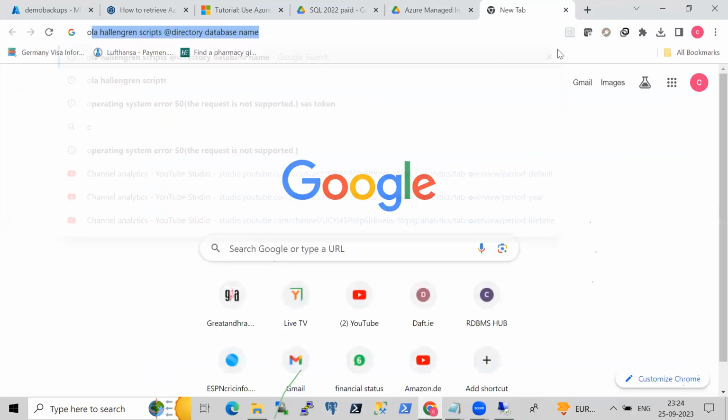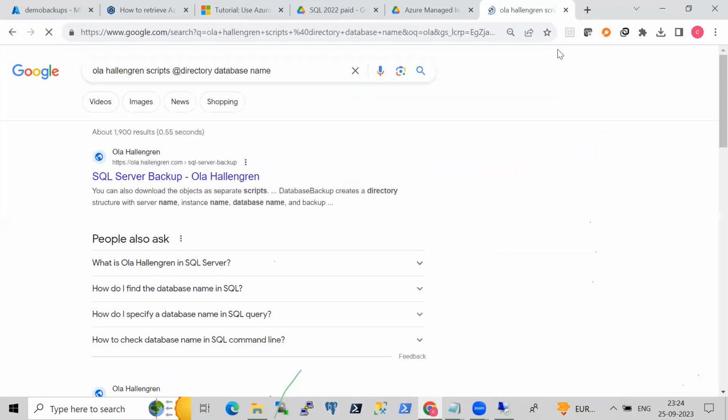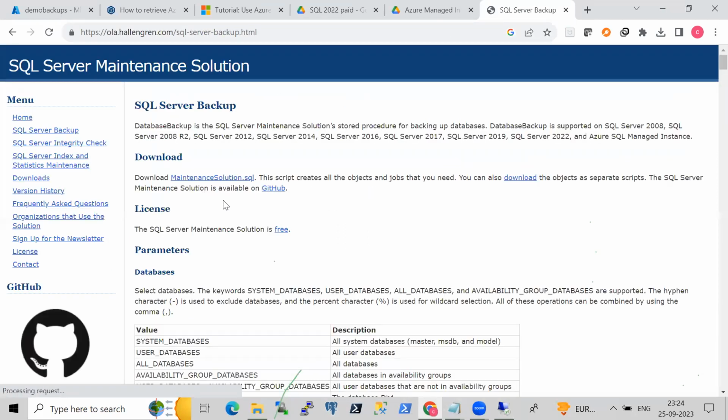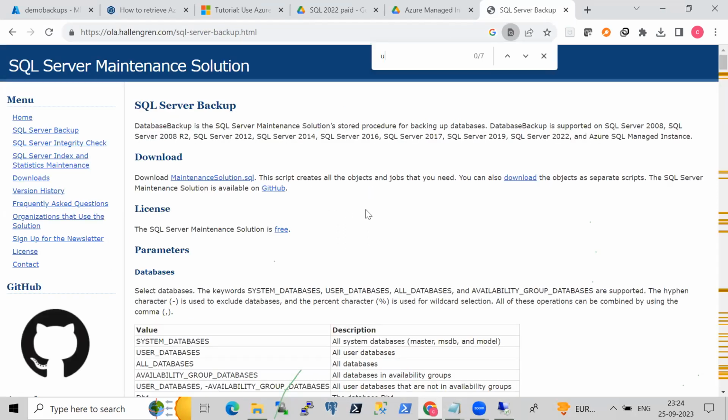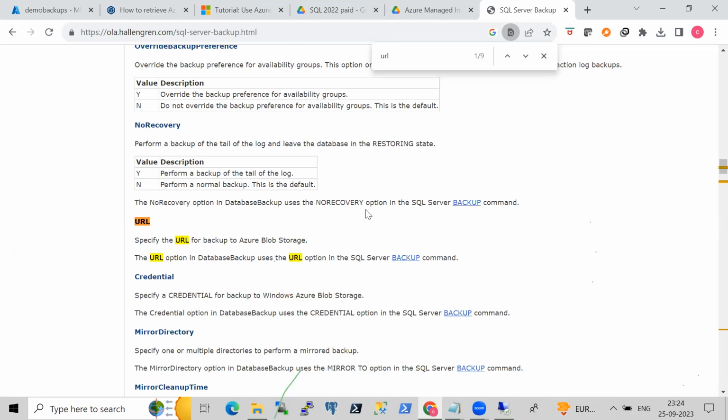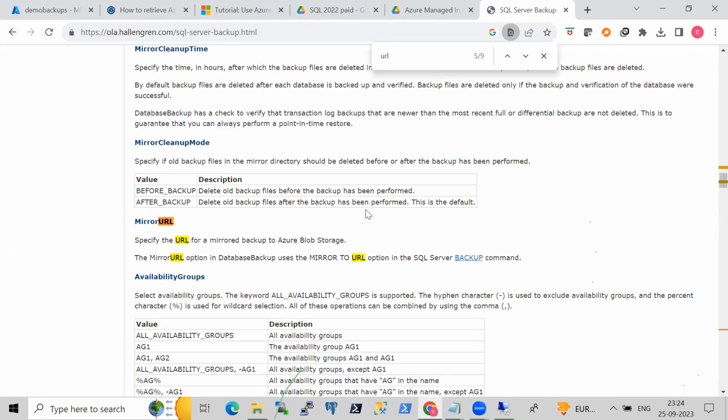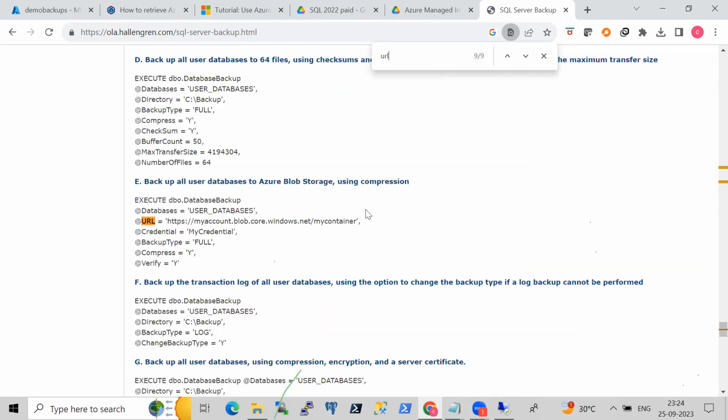I'll just check the official Ola page one more time. Yeah, that's the location I got it from. I'll ping you that URL. Okay, I pinged it, so yeah, you got it from here. Okay. Yeah. But